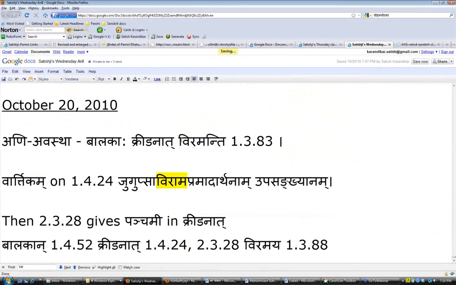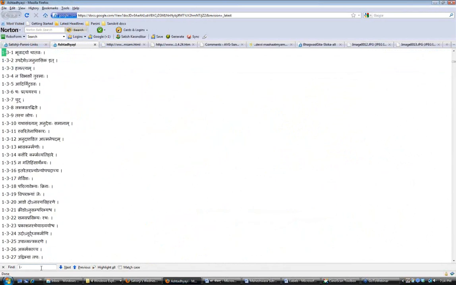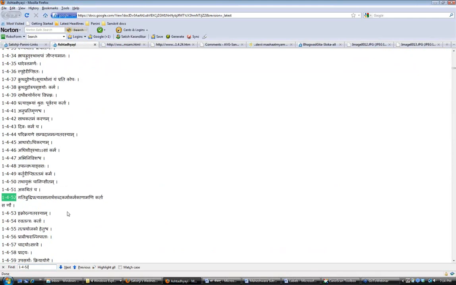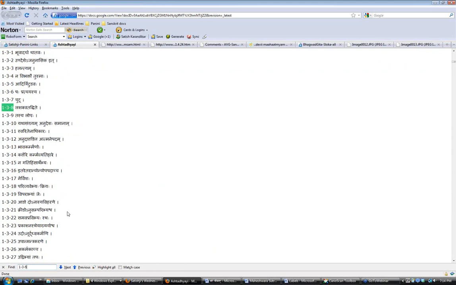So viramanti. This is akarmaka prayoga. So there is an akarmaka dhatu, so we can happily use 1452. That's our first place to go to see what happens to the anikarta. And it says gati buddhi pratyavasanartha shabda karma akarmakanam anikarta. So that's going to make the balaka get the karma sanya, and then 232 karmani dvitiya. So that's 1452, 232. And while we're doing that, let's also check off 1386 to 88.